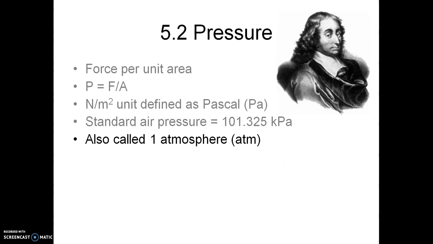Now, yes, we have the regular unit, but now we make up unofficial units. We always do that. So that standard pressure we'll often call 1 atmosphere of pressure. 1 atmosphere is just 101.325 kilopascals. It's the standard pressure on Earth. Why would we use that? It's a nice, easier number to work with. Also, it gives us easier comparisons. If I tell you the surface of the planet Venus has an air pressure of 90 atmospheres, it immediately tells you something about that planet.